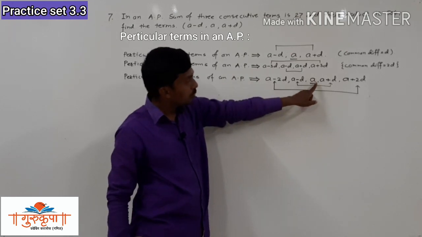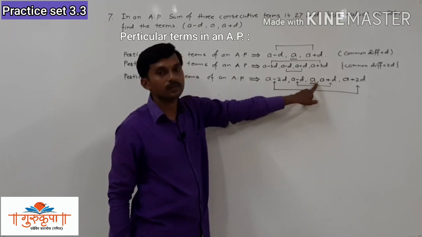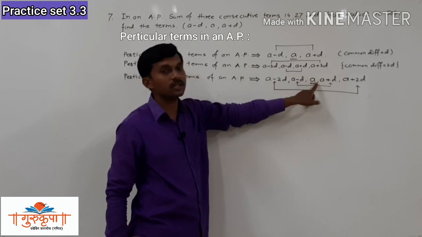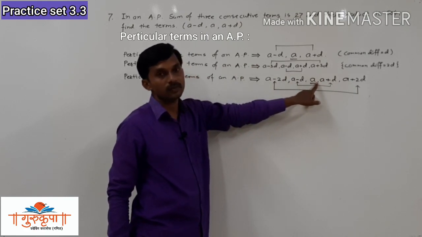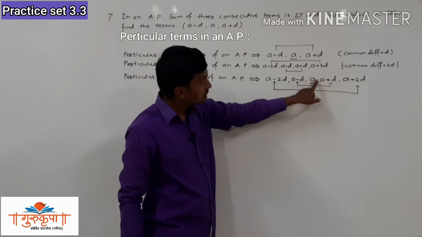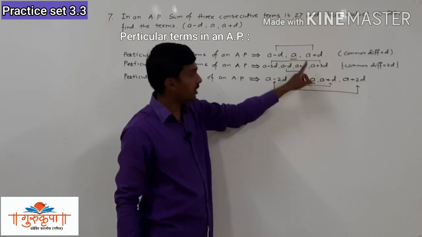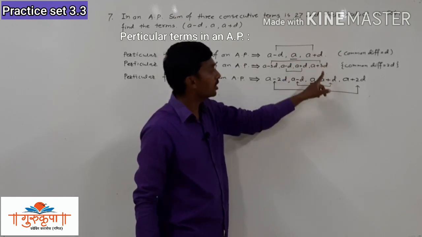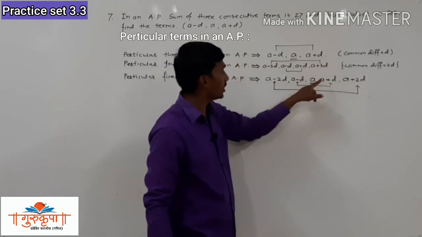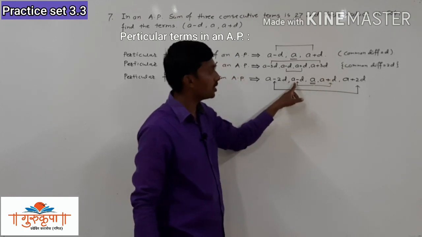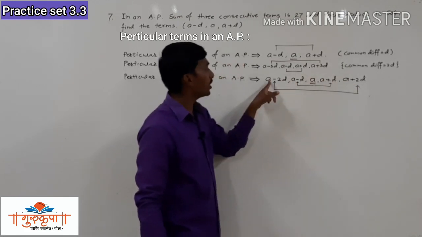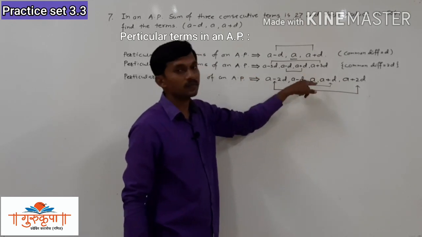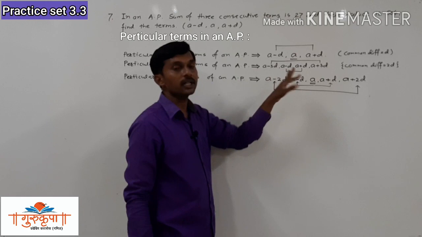Again we have a different option there. You can remember only the middle term. We have 5 terms in all. You can remember only the middle term, that is the third term. Now if we remember the third term, it is a. See here a plus d, right side a plus 2d. Left side a minus d, a minus 2d. Remembering the central term only, you can easily get all the 5 terms.